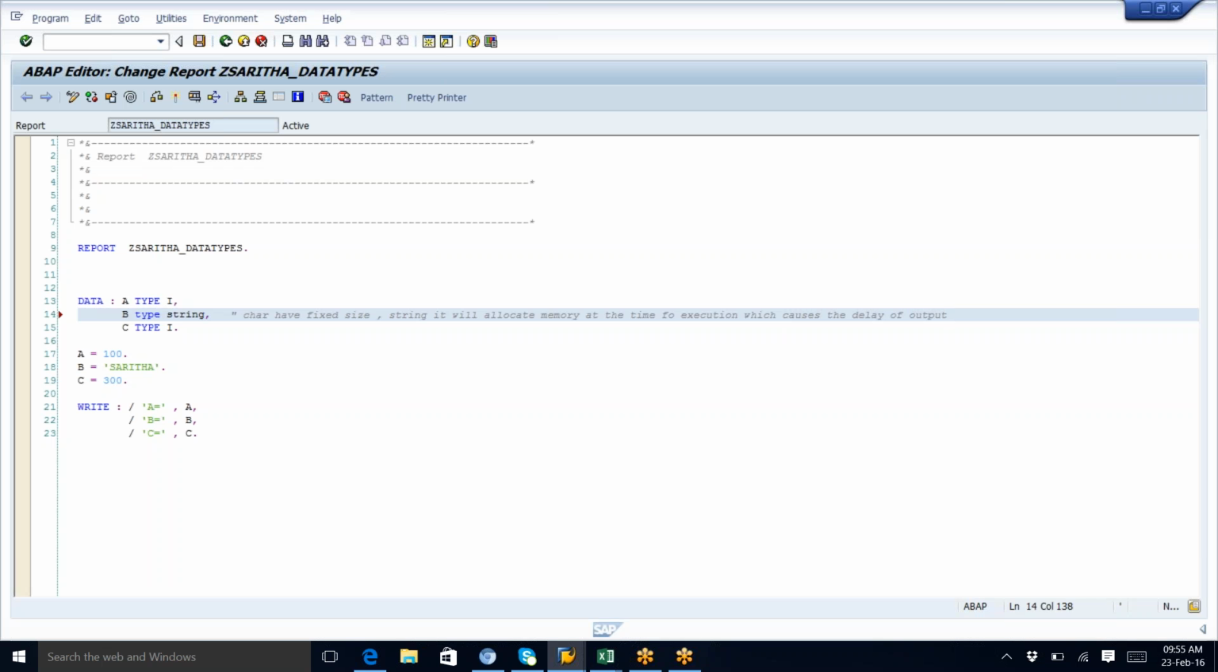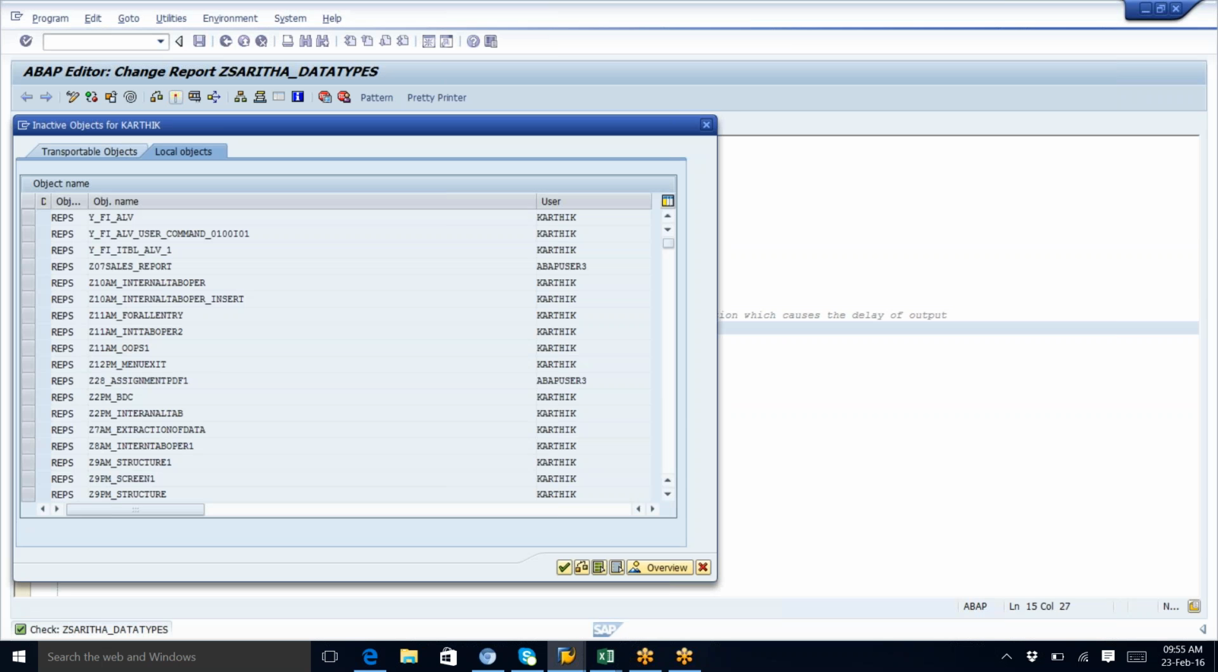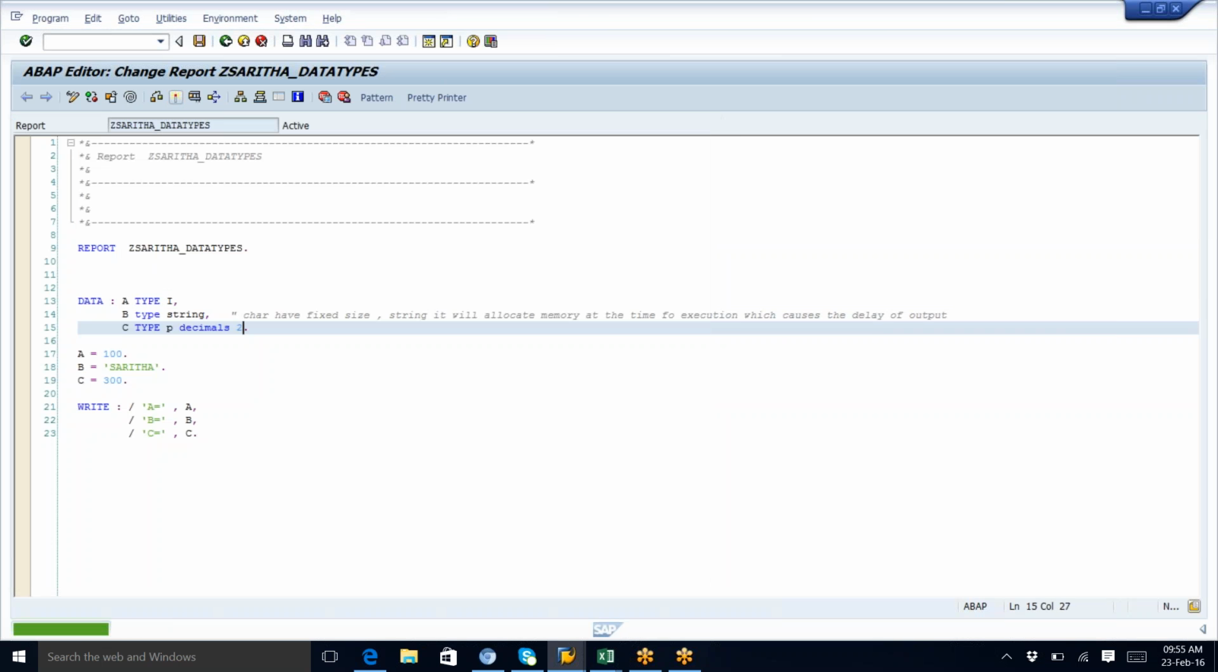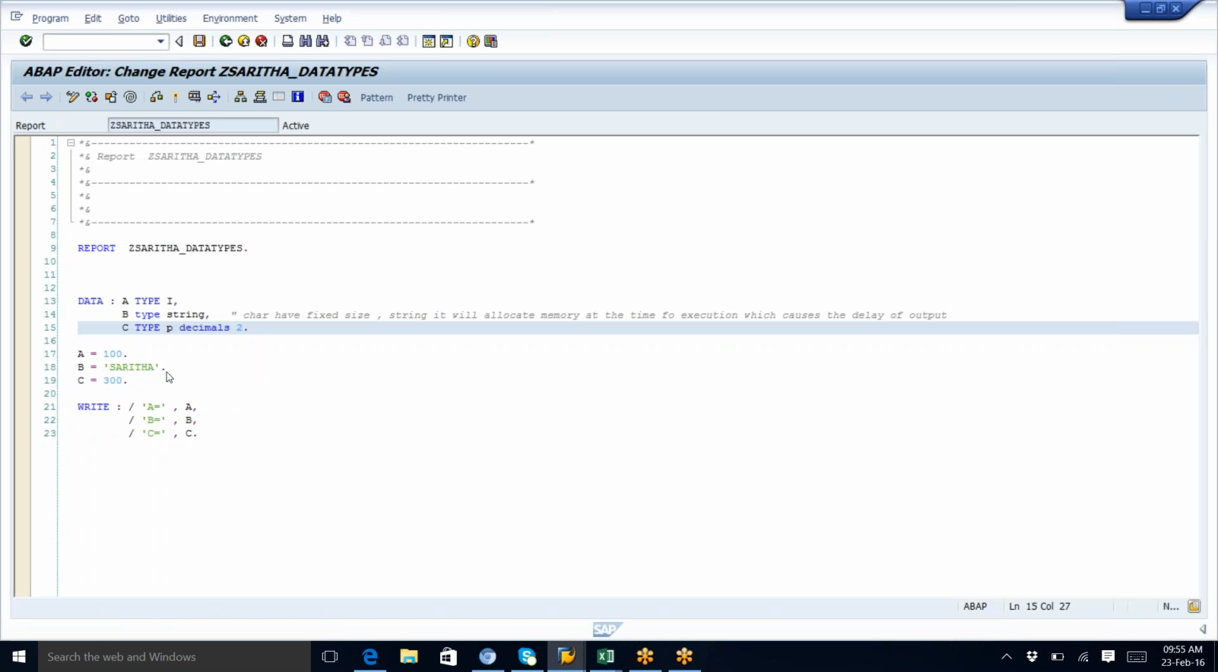Now next, if I say P decimals 2, what happens? It will print decimal values, two decimals. So 300.00. Now here when I execute, it prints 300.0. Now suppose I say 300.52,